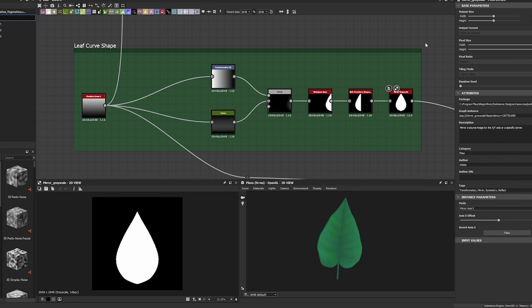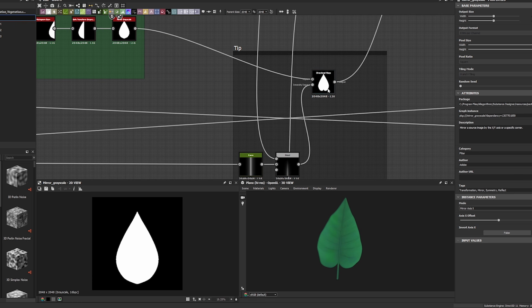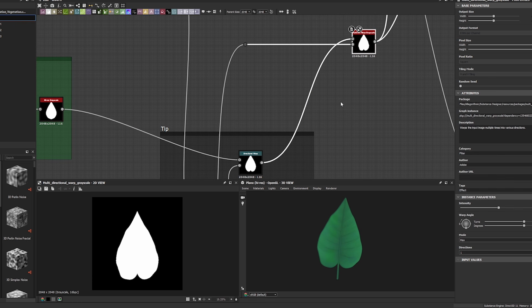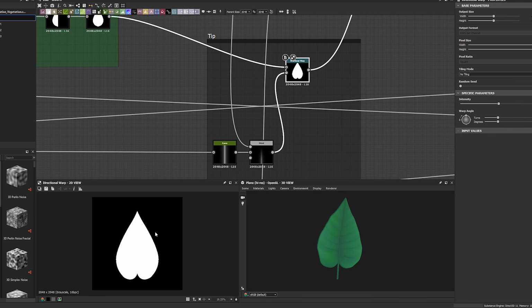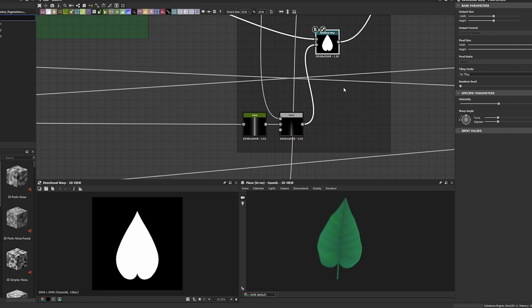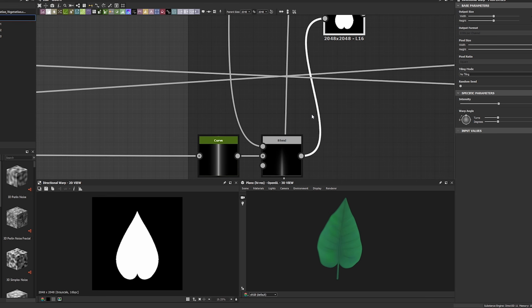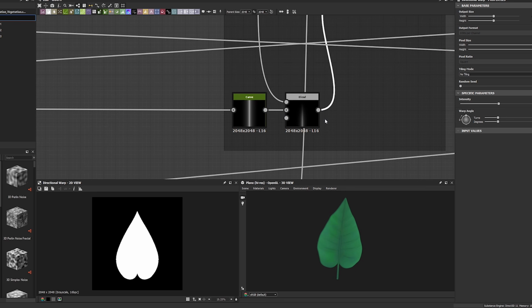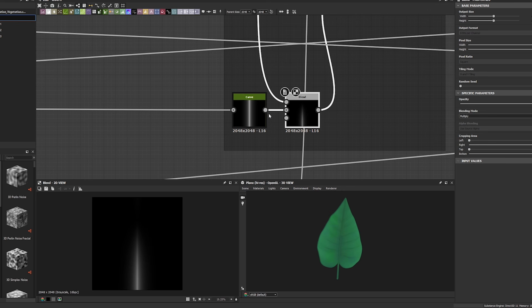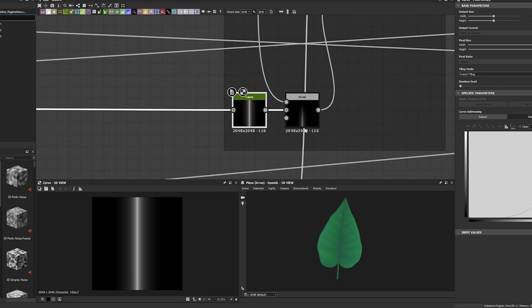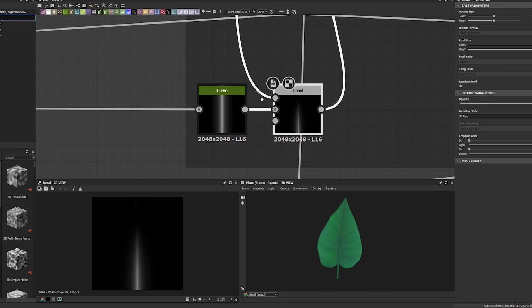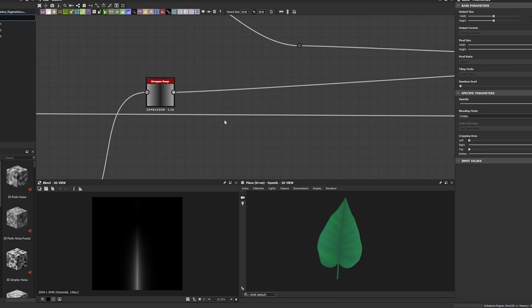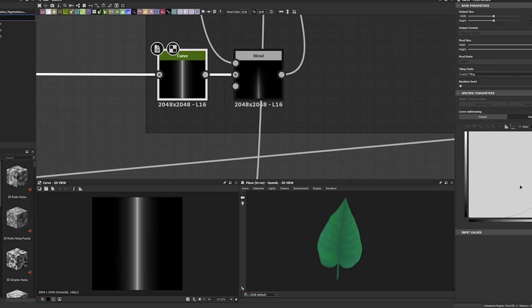With this shape of leaf, we can go a little bit further by adding a tip and some variations to it. So for a tip at the bottom of the shape, we'll need a directional warp with, for the intensity input, a mix of nodes composed of a gradient linear 3, a curve, and another combination of nodes which are going to be the mask for the curve. So for the background input of my blend, I'll just need the gradient linear 3 with the curve, with this kind of bend in order to reduce it like so. And for the mask of this curve,